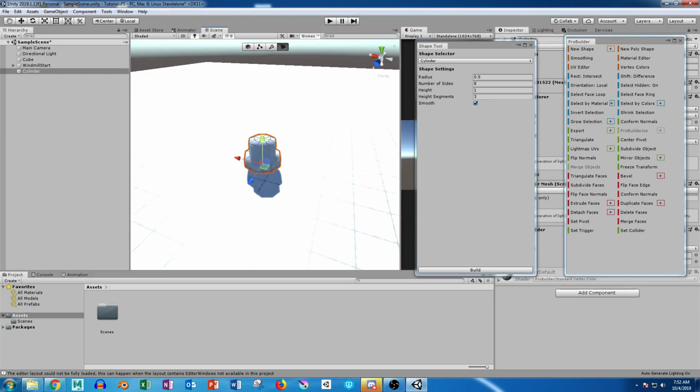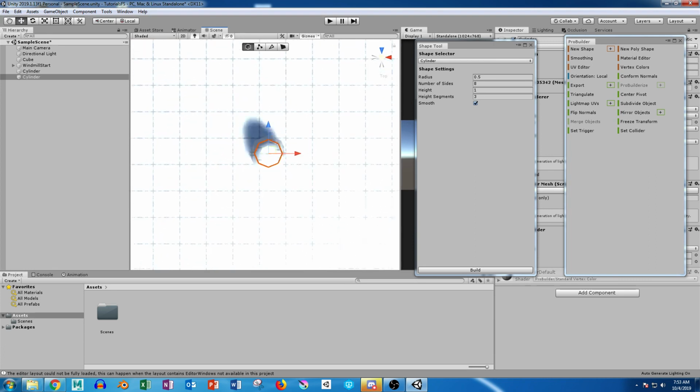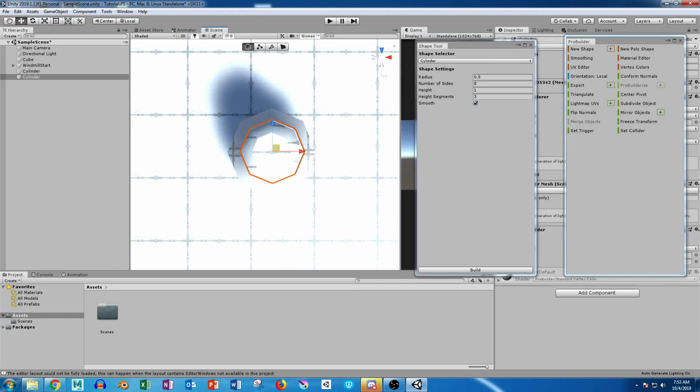So for the next part, we want to be able to attach the blades to these. But let's say you want something that actually houses this. So what I want to do is go and create a new cylinder. They actually show you how to do this a slightly different way. You can follow the instructions. I'm just going to show you how I basically do it. First thing I want to do is make sure that these two are lined up. And if you're wondering how I just did that,